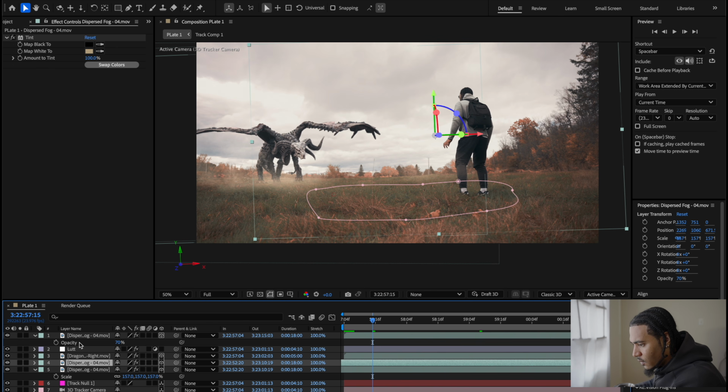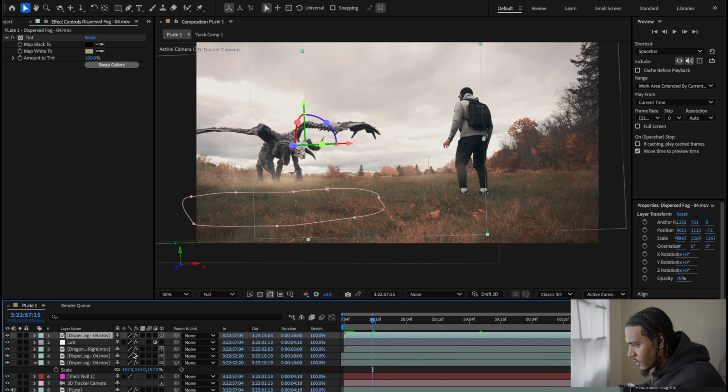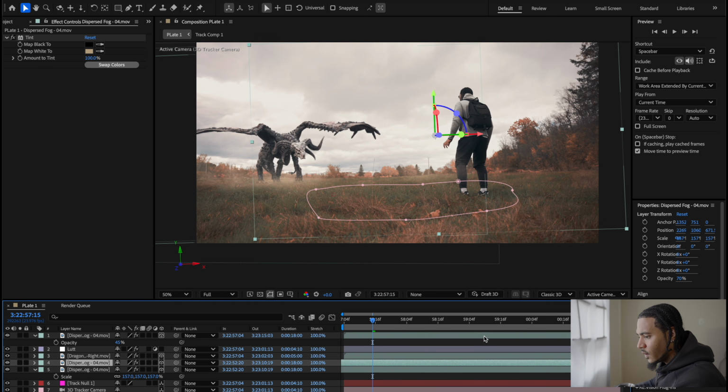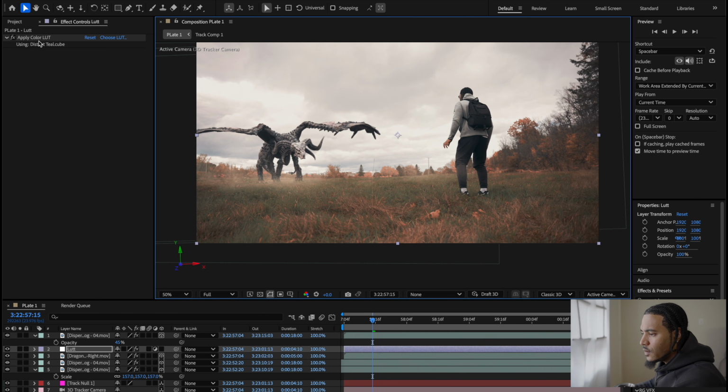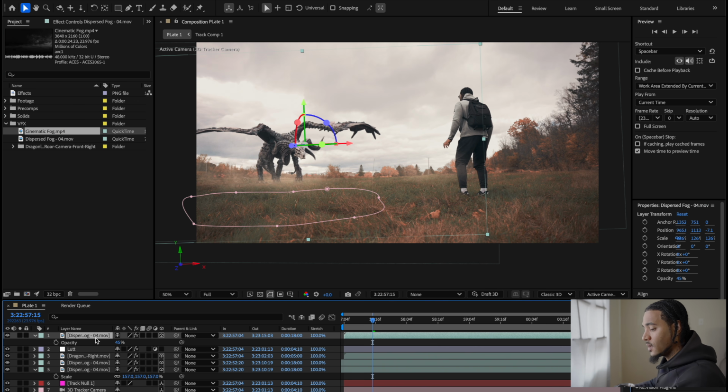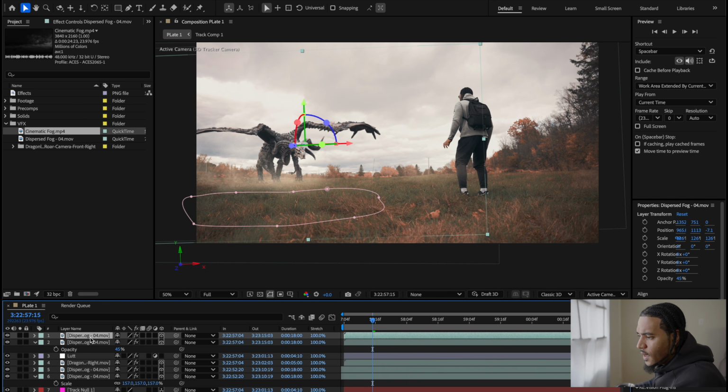I think it's too obvious, so we're going to turn down the opacity a tad bit more on that one too. And then for the front over here, I'm going to grab this cinematic fog and dump it into the scene. You know what? Actually, what we're going to do is duplicate this clip over here, hold down Option, and select